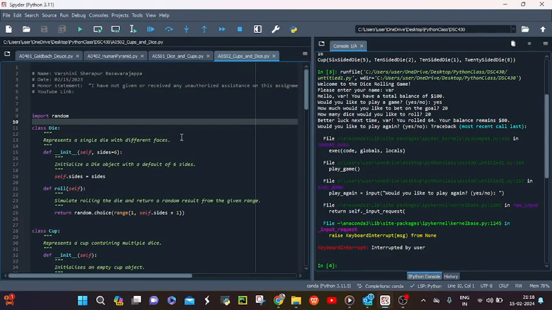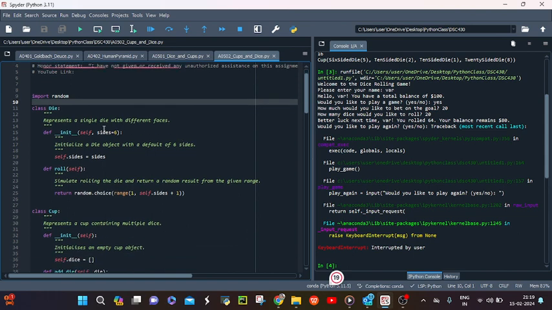Hi everyone, this is Python code which implements a simple dice rolling game where the player interacts with the console. The first class is the Die class, which represents a single die with a specified number of sides, with a default value of 6. And roll is the method which simulates rolling the die and returns a random result within the range